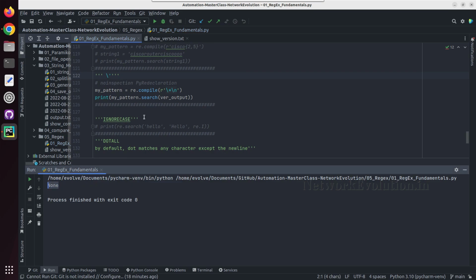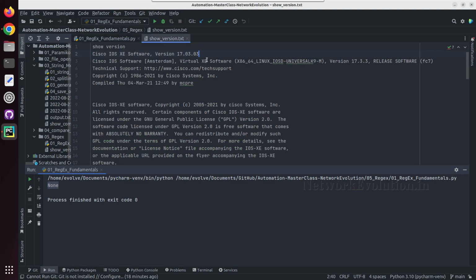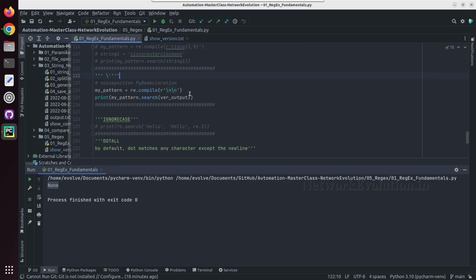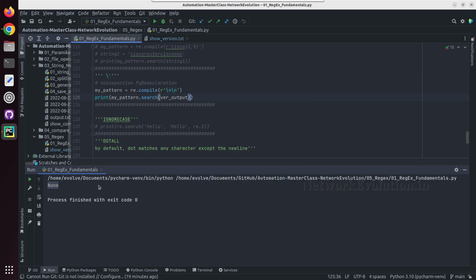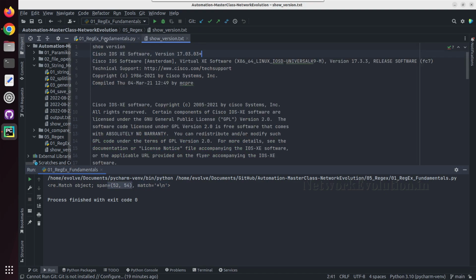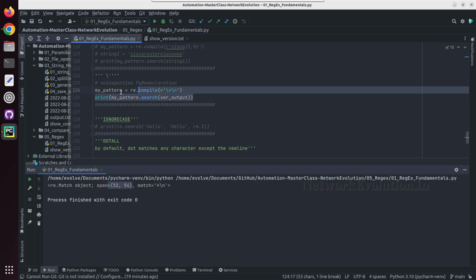So we are getting none, and we'll try adding here one star, and this is going to be even the end of the line. So this will match with \* and \n. So let us try running this. So now this is matching with this line. You can see the span. So in this way you can use the slash